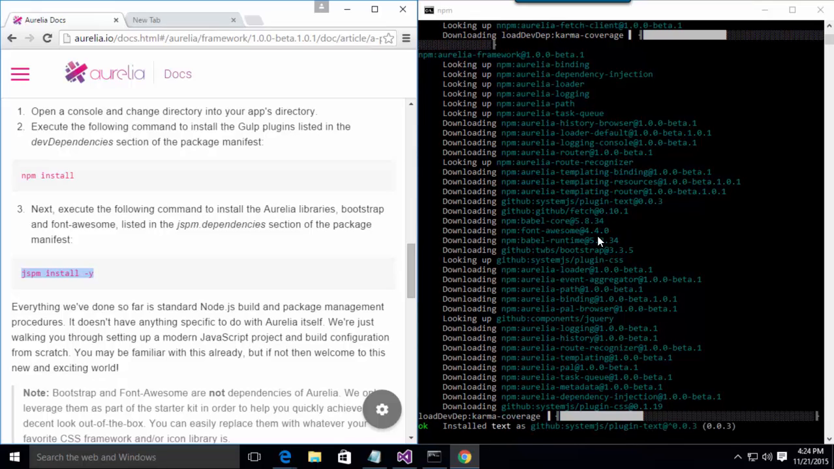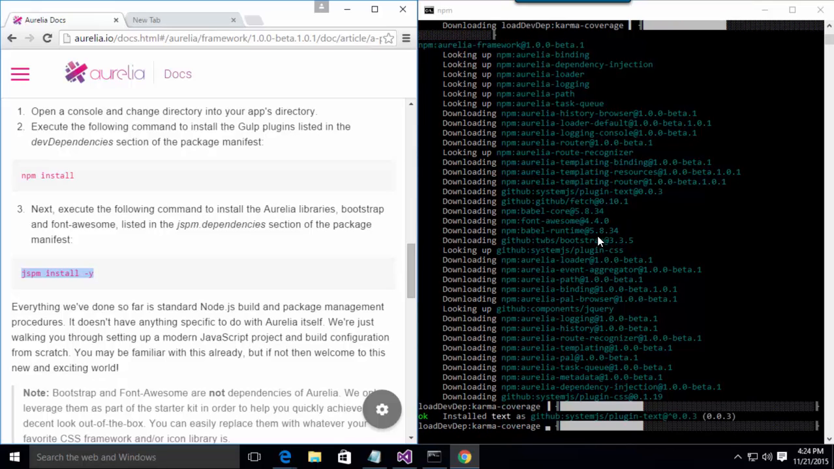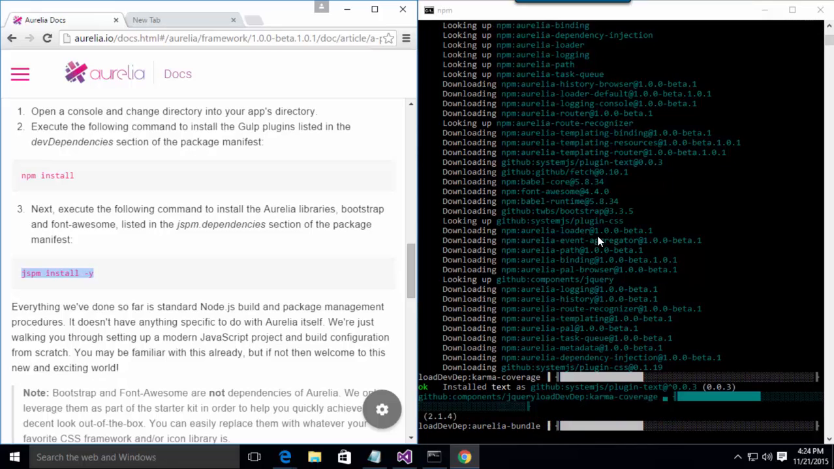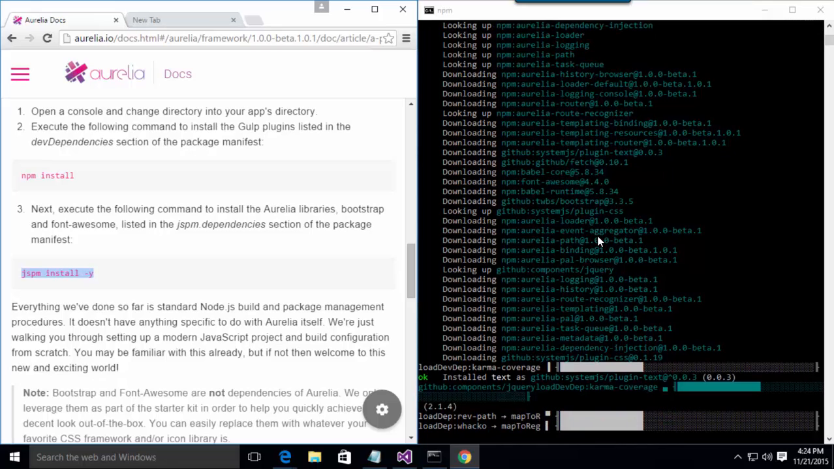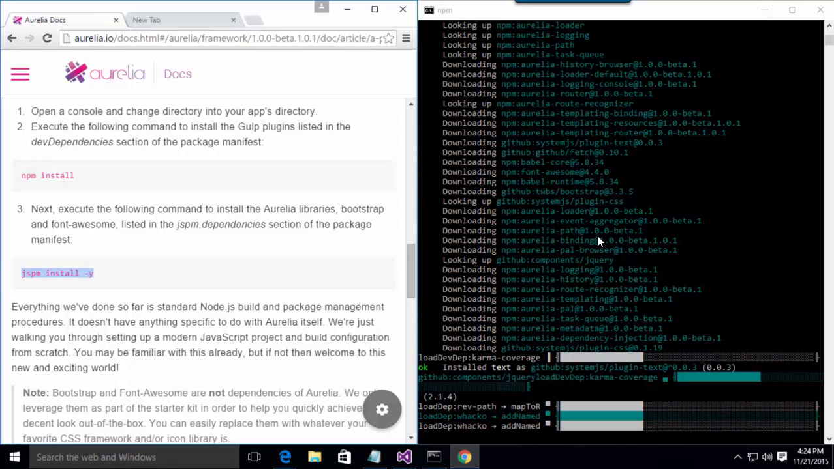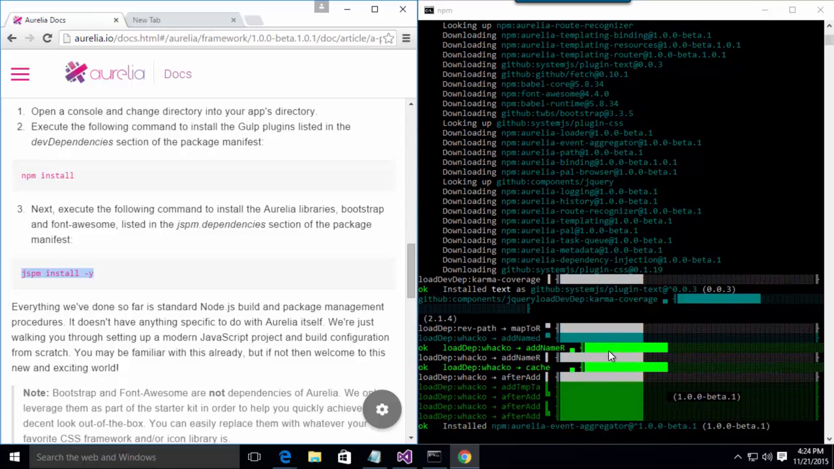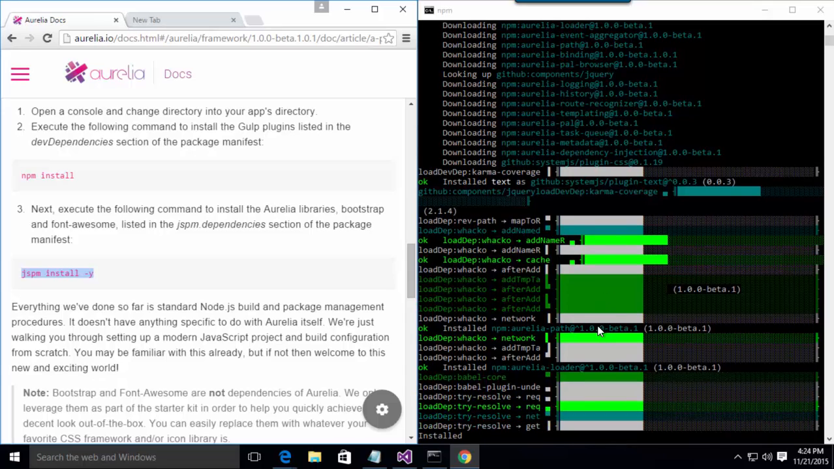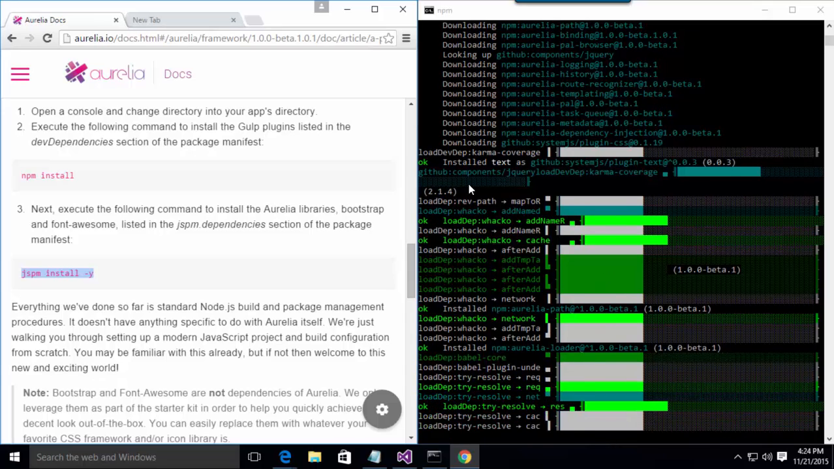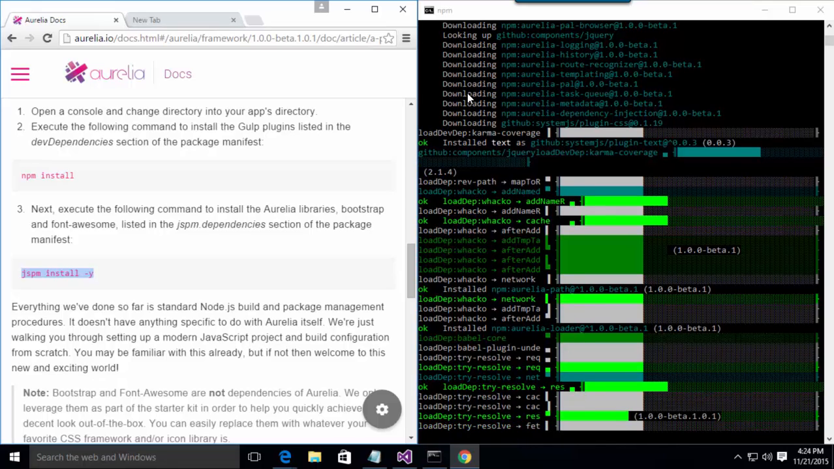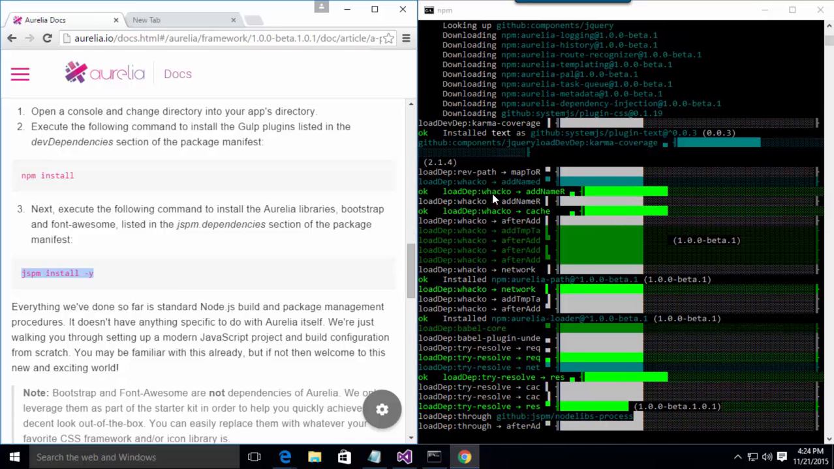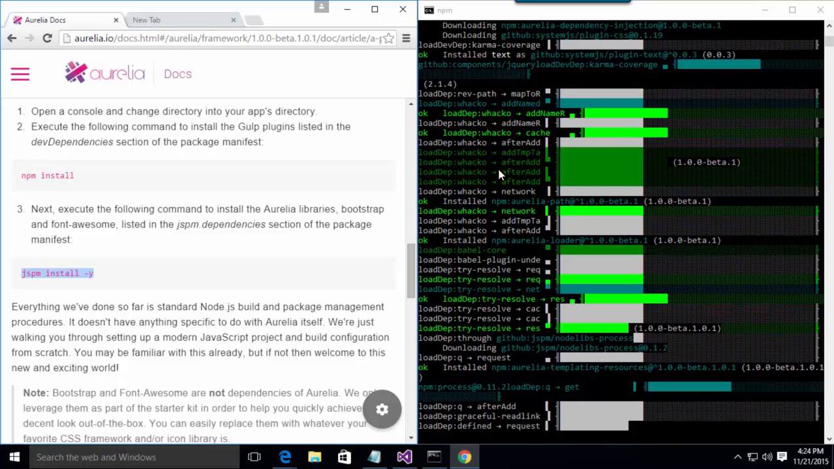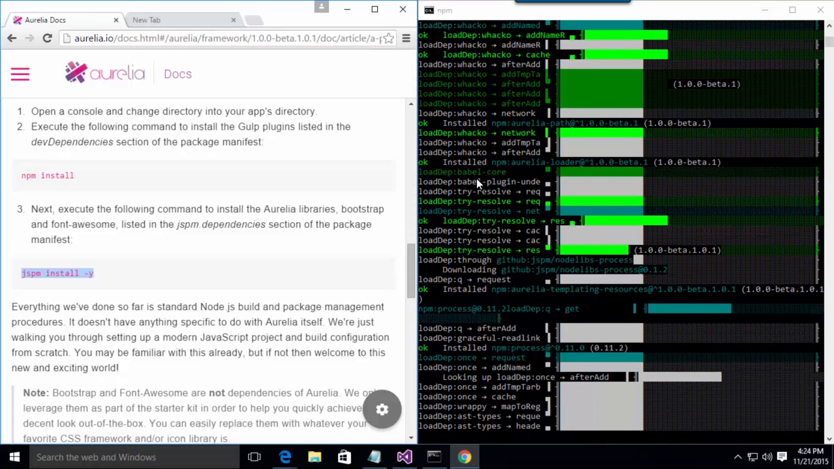Hopefully we won't see any errors. There's one warning in particular that kind of bothers me. I honestly don't know if I'll see it this time around. I'll try to point it out though. I don't really understand. I know we're downloading some dependencies and installing them, but load dep wacko sounds fun. There's Babel